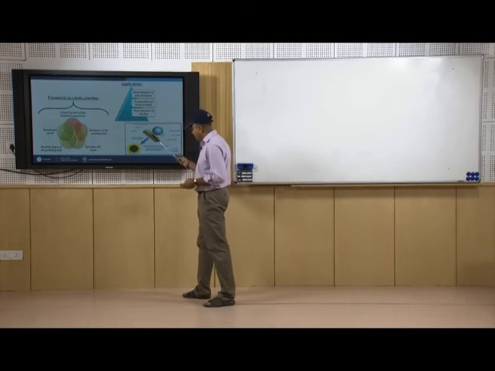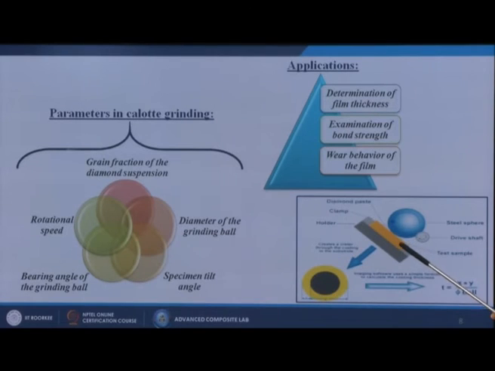Not only that, this is the tilt angle I am talking about, the specimen tilt angle. So, whether that ball will give a hit like this or hit your substrate in a perpendicular motion, you can change all these things. Here the yellow color is the color of that coating material and the black is the crater formed by this ball.